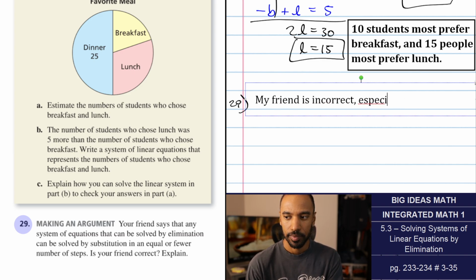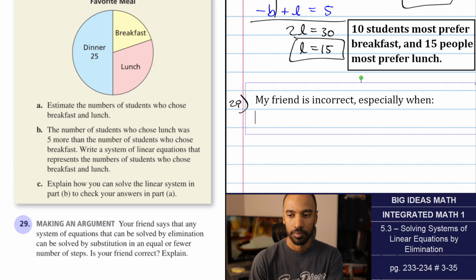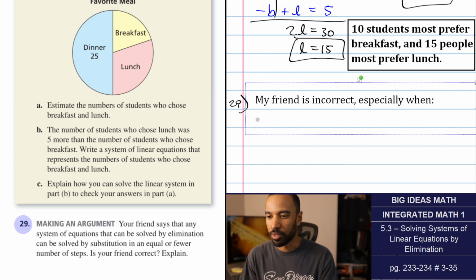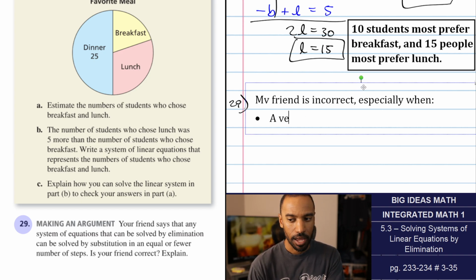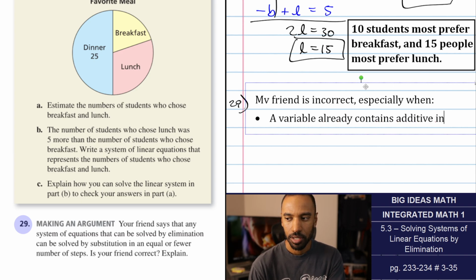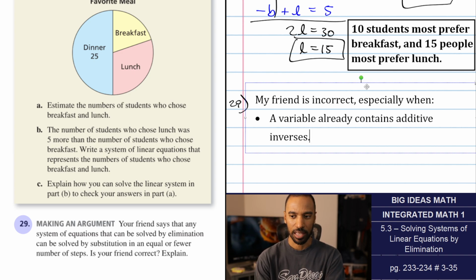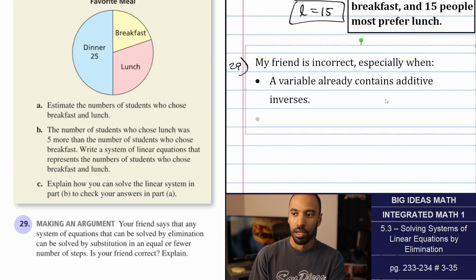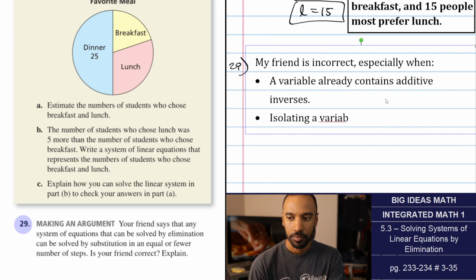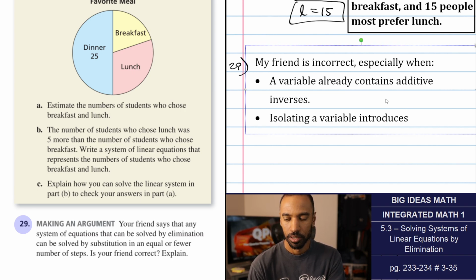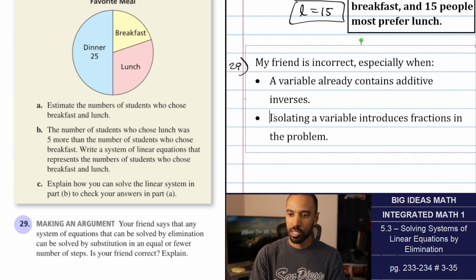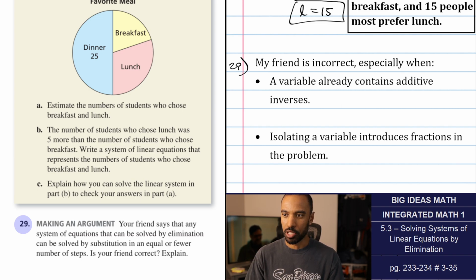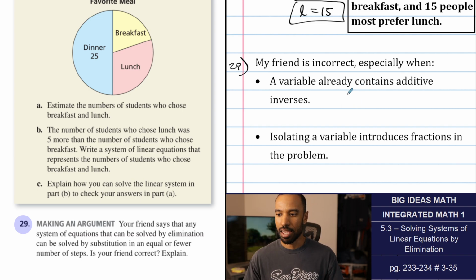especially when either, let's bullet point this, A, a variable already contains additive inverses. That means the 2x and negative 2x, things like that, are ready to eliminate. Or B, isolating a variable introduces fractions in the problem. I'm going to separate these to show the examples. So one example set is, if I already have,